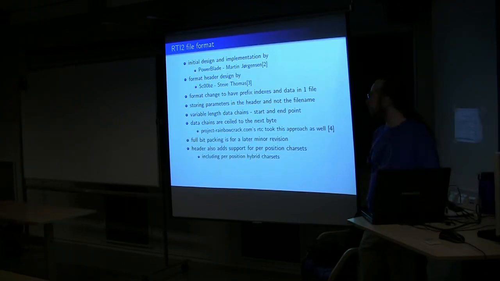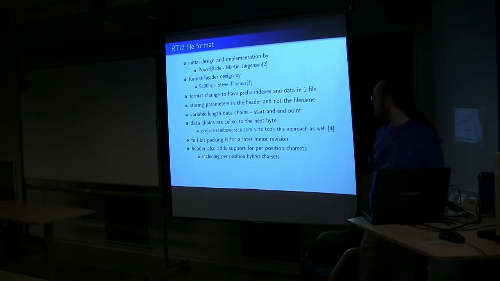Essentially, before, for anyone familiar with the tables, for each data part we had a .rti file and a .rti.index file. The format changed so that the data and the indexes are in a single file. And we're storing all the parameters in the header of the file, so at some point in the future we won't get posts like I just saw two days ago, in which someone had renamed the file to something like my rainbow table.rti